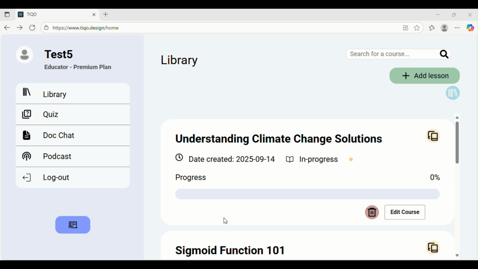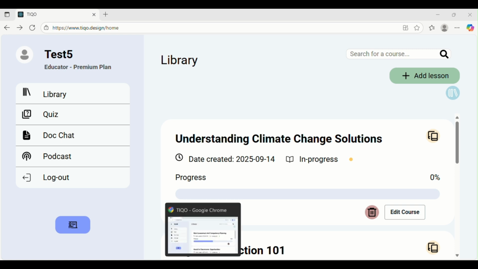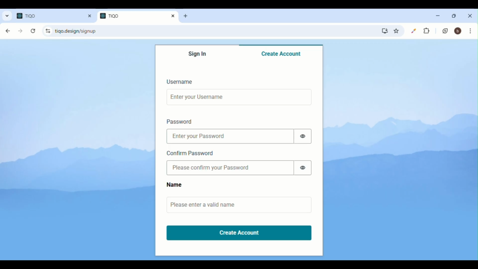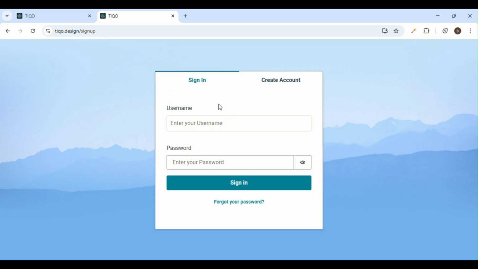So this is the Tiqo platform. In order to access this homepage, all a user needs to do is navigate to the sign up page. So that would be tico.design/sign up. Once you are here, you can either sign in if you have an existing email and password, whereby